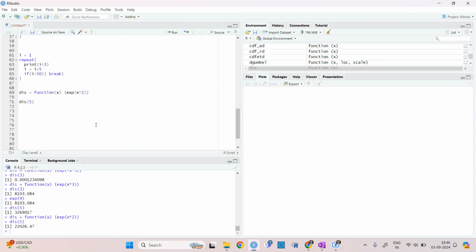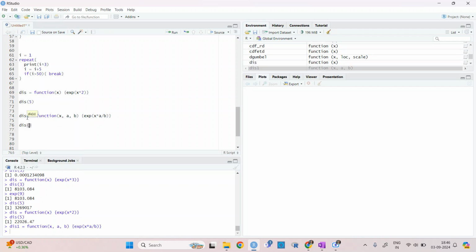So for that we can define the function as a function of x, a, and b. Let's say x, a, and b. Okay, and then I will write exponential of x star a by b, right? So I have given this new function.